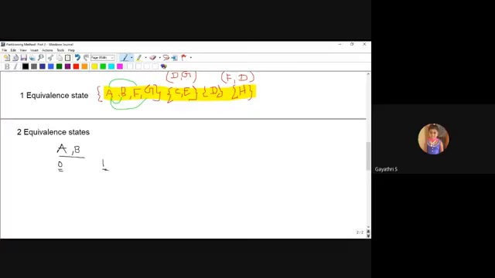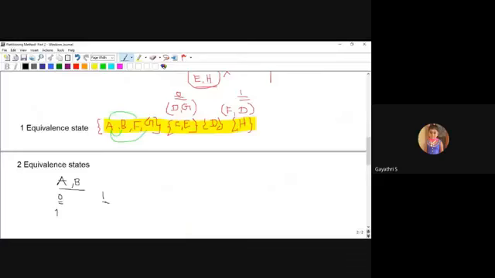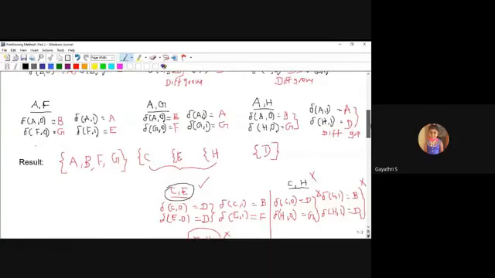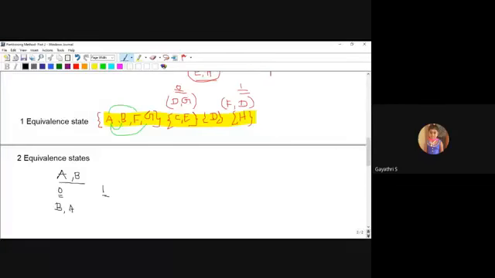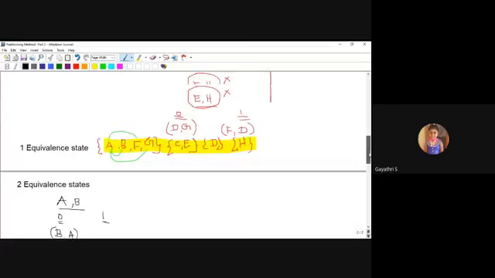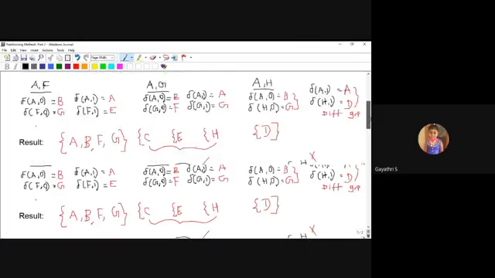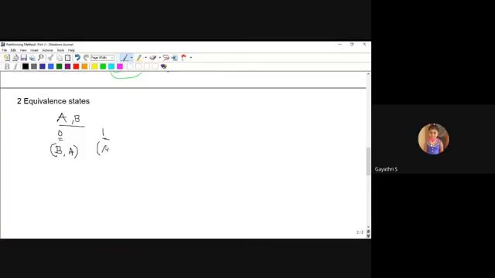A on 0 goes to B, and B on 0 goes to A, the BA pair, which already appeared. Next for 1, A on 1 goes to A, B on 1 goes to C, the AC pair.